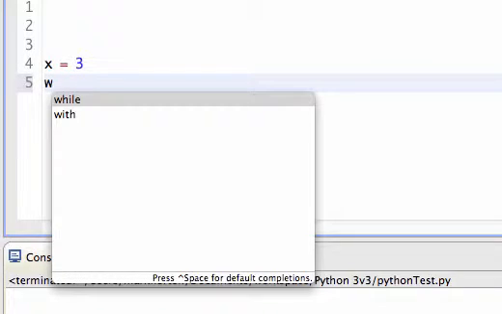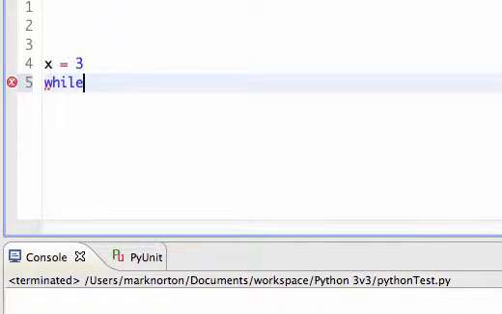I'm going to do this with the keyword while. That's why it's called a while loop, because looping means doing something repeatedly, and while is the main keyword you use to do it. So I'm going to do while x is less than 100. And now I need a